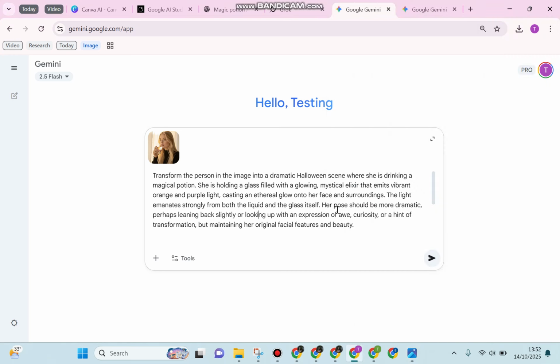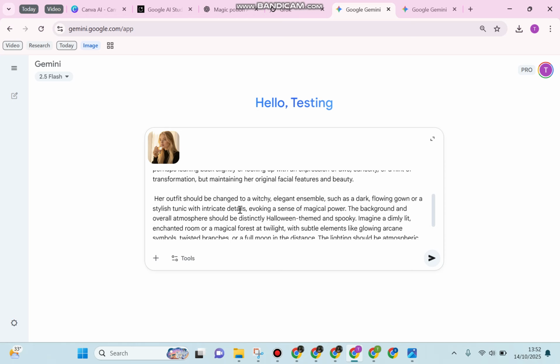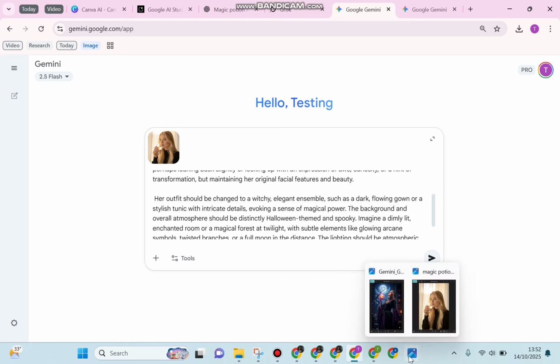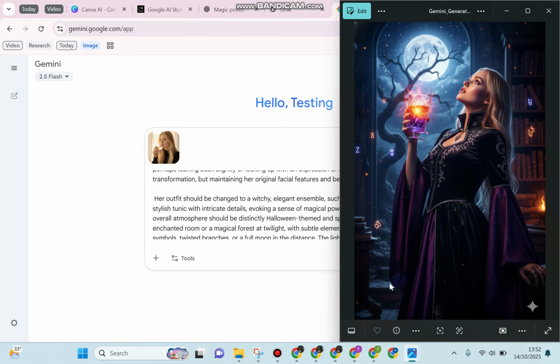And after that, her pose should be more dramatic, perhaps leaning back slightly or looking up with an expression of awe, curiosity, or a hint of transformation, but maintaining her original face, features, and beauty,